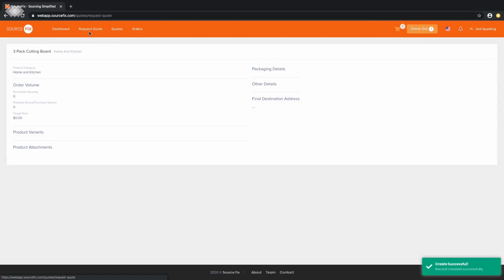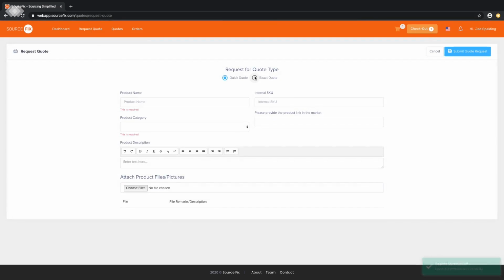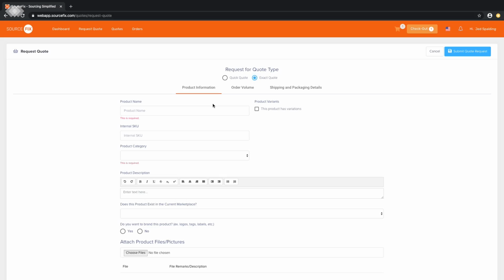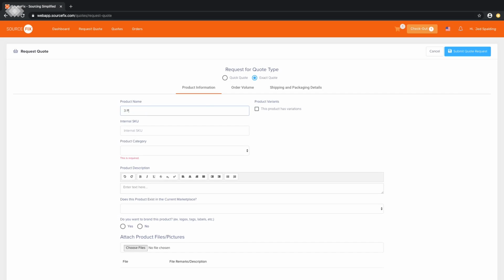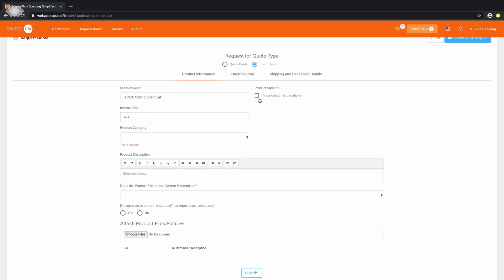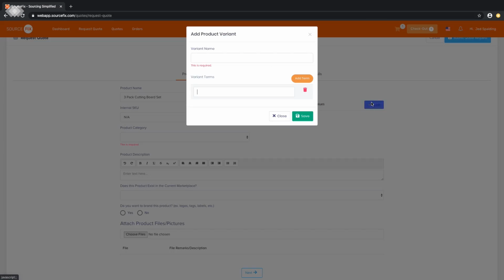So the next one is an exact quote. And I'm going to show you real fast how to fill out an exact quote. What an exact quote is for is when you have detailed information on a product that you are trying to source. This could be for a business that is purchasing a product for replenishment purposes. They are already selling this. Or it could be a new product, but you have detailed